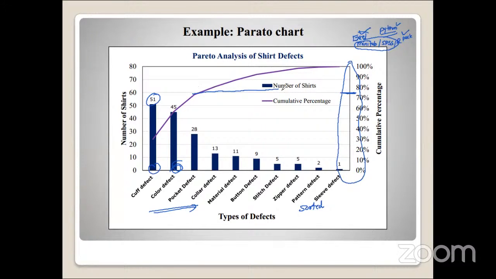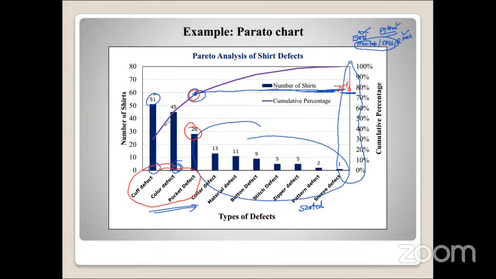If you want to focus on 75% of the defects, then you don't have to look at all these types of defect. Only focus on these three. What are these three which are contributing 75%? You can see that 75% of the defects are caused by only three types of defect, that is pocket defect, then